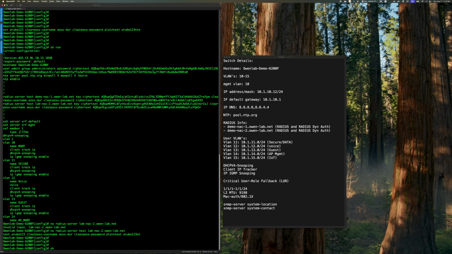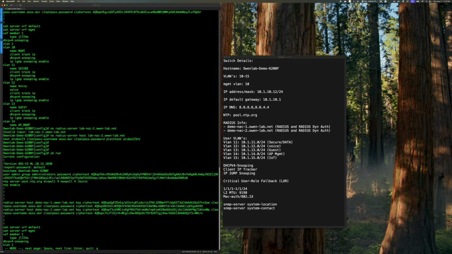Okay, so now we should have both the ClearPass servers defined as the RADIUS servers, demo-NAC1 and demo-NAC2, as well